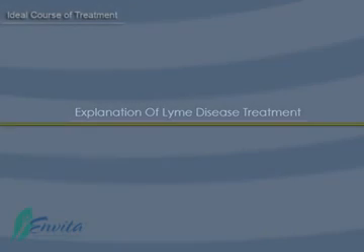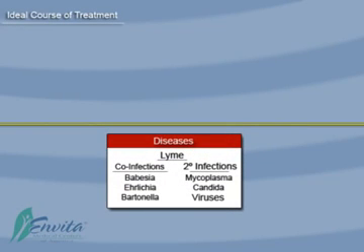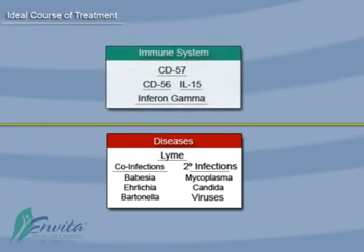The following diagram is designed to help explain the various scenarios of chronic Lyme disease treatment. There are three major focal points in the treatment of Lyme disease. One, the disease itself, which is represented by Lyme, its co-infections, and secondary infections. Two, the immune system, such as CD57 and other immune modulators. And three, the neurotoxins, or the bacterial lipoproteins in yellow, that usually take a longer time to clear up